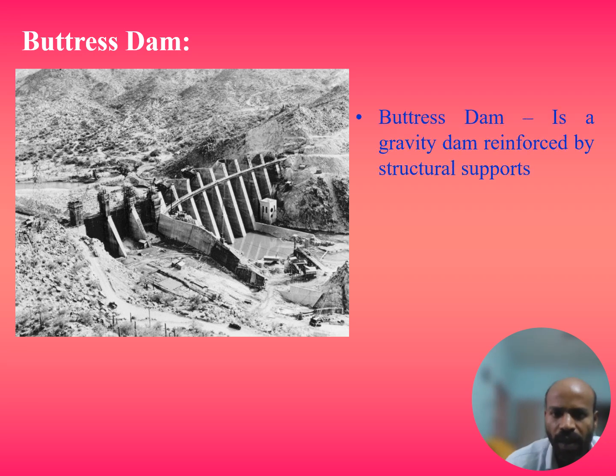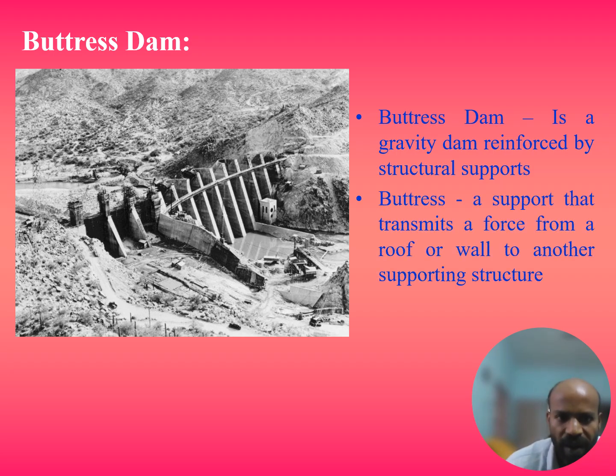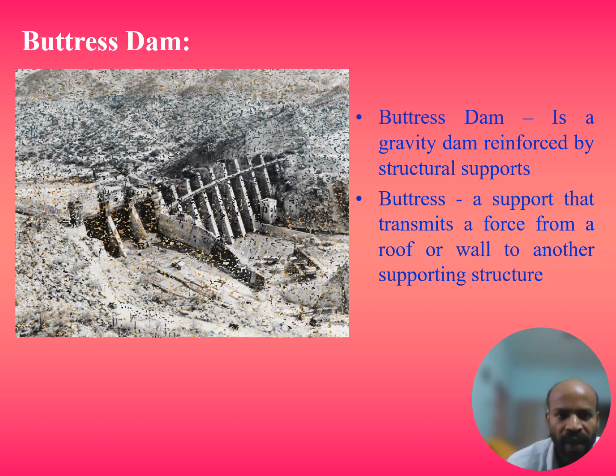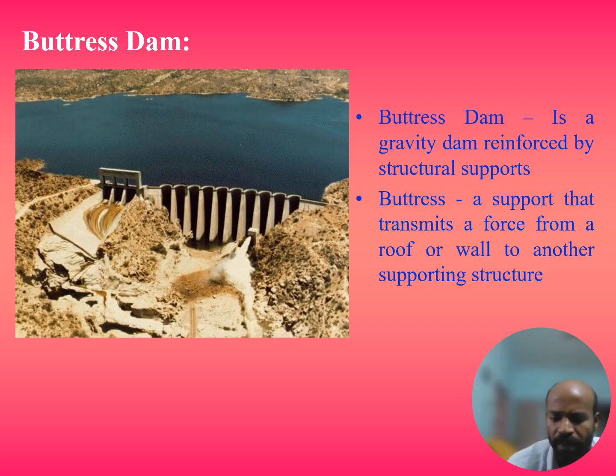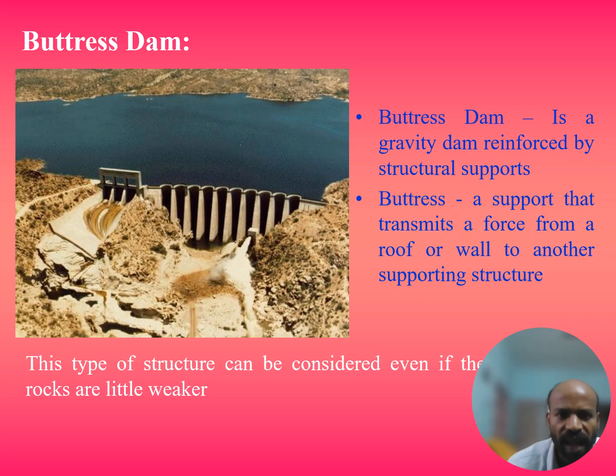Next, we are going to see about the buttress dam. If the sloping deck of a gravity dam is supported by a series of buttresses, it is called a buttress dam. If buttresses are provided, the size dimensions of the gravity dam can be reduced, and so the amount of construction materials required will be reduced significantly when compared to a gravity dam. Moreover, a buttress dam may be preferred if the underlying soil is